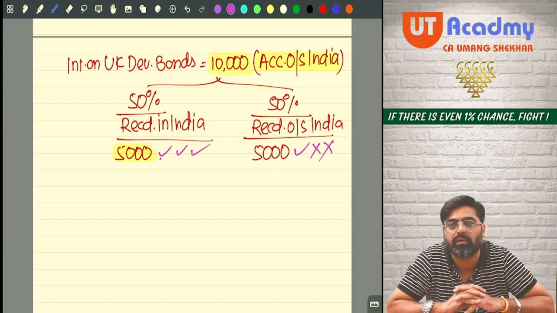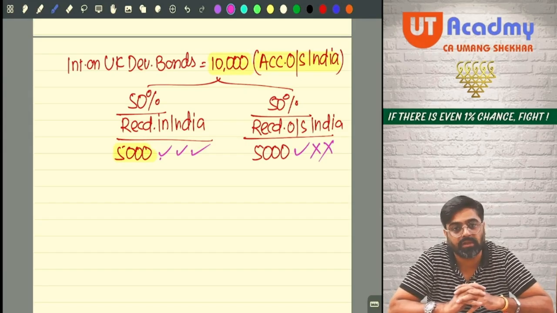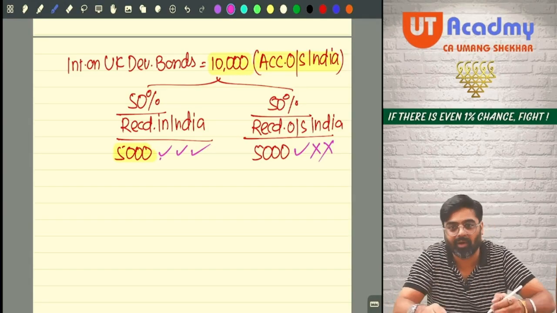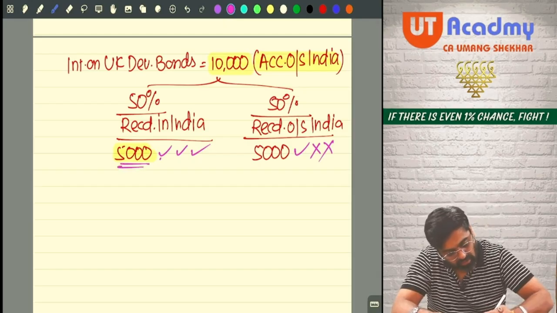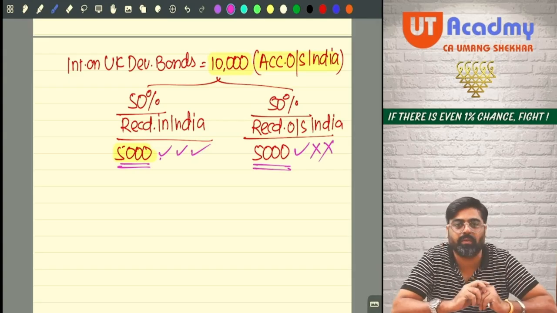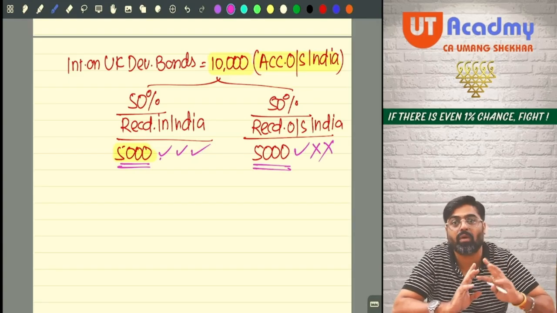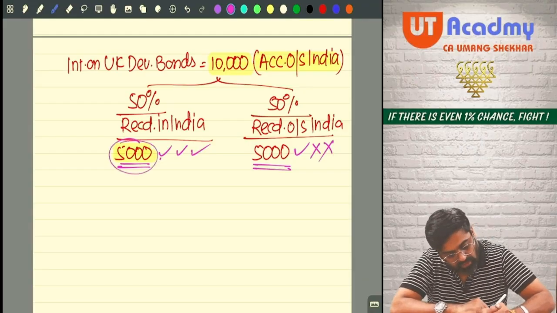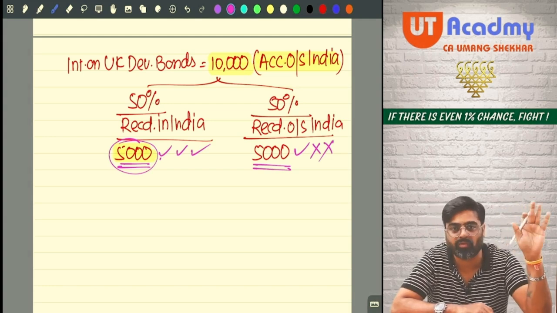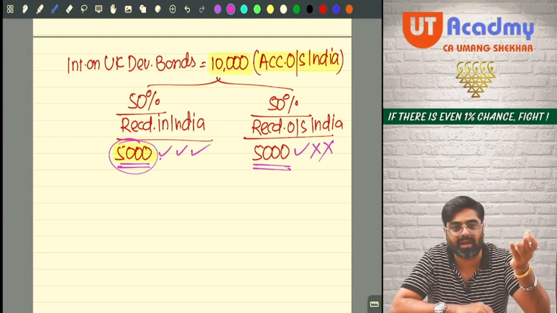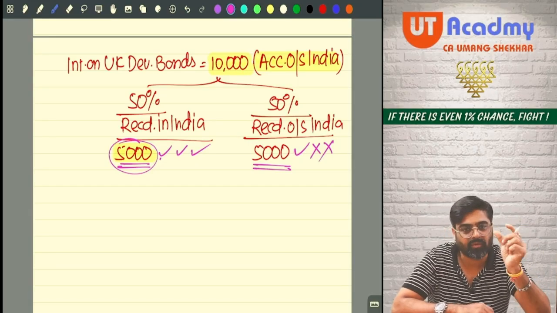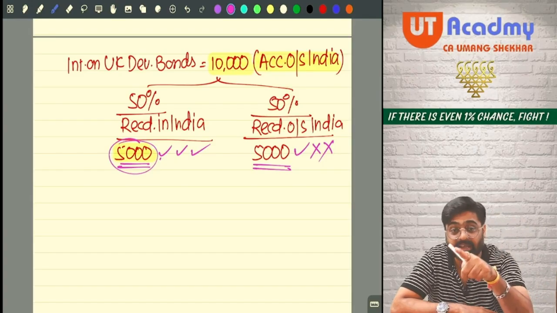So how much out of this interest is taxed? The entire 10,000 will be taxed if you are ROR. For ROR, this 5,000 is also taxable and this 5,000 is also taxable, no? So if you are ROR, the entire 10,000 will be taxed. But if you are RNOR or NR, only the 5,000 received in India will be taxed. The 5,000 received outside India is your foreign income, and for RNOR or NR it will not be taxable in India. So what will be the total in the column? 10,000, 5,000, 5,000. Please check.